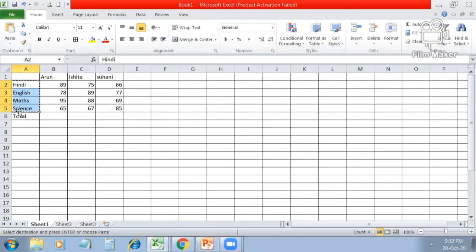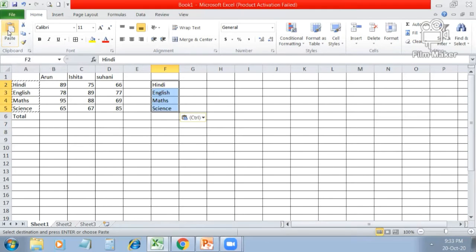As you click on it, you will find the dotted lines, and then click on the new location where you want your copied data. Just suppose I want this copied data here. I click on the new location and then move towards the paste option. The paste option is on the Home tab.